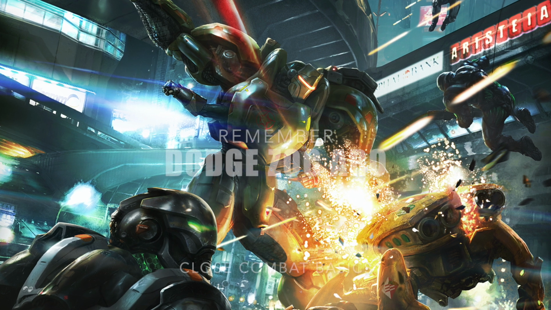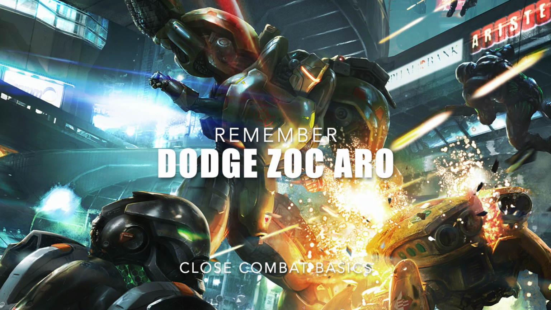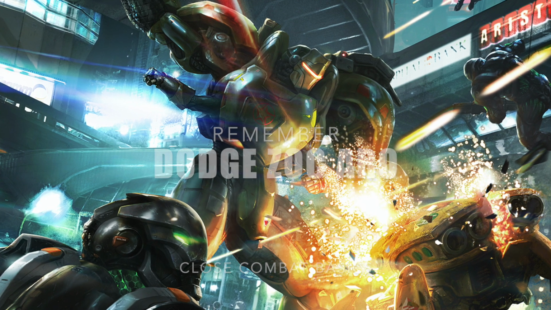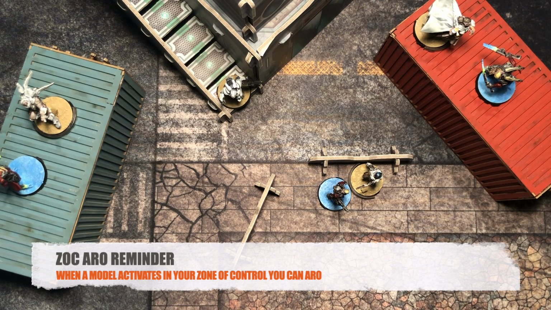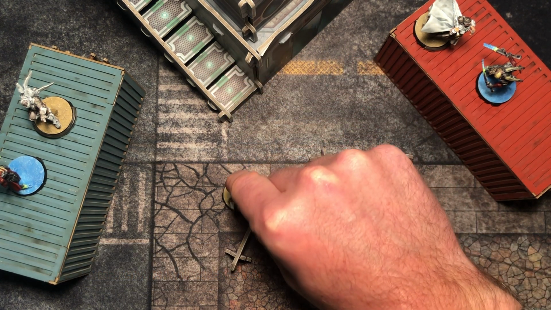Interestingly, if an enemy model moves into your zone of control while you're in an engaged state, you still are able to do a valid ARO. You'll remember, when something walks within your zone of control, you get an ARO, even if you can't see it. In certain circumstances, this is going to be great, especially if you're in an engaged state that you don't want to be in. Let's say, like this Omega, it walks within the Nox's zone of control, so the Nox gets